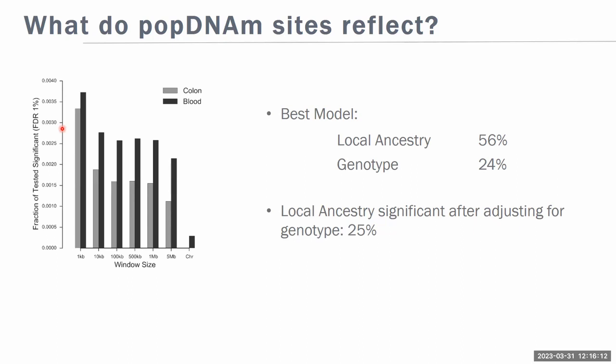We find that local ancestry in most cases provides a significantly better model than the genotype, even if we include the genotype in the model. However, what you might notice is that this fraction is much, much smaller than the 10% that I mentioned at the beginning as the amount of differences you would see between populations in other studies. So one conclusion one could draw is that only a small fraction of these population differences are driven by genetic effects, and most is environmental.